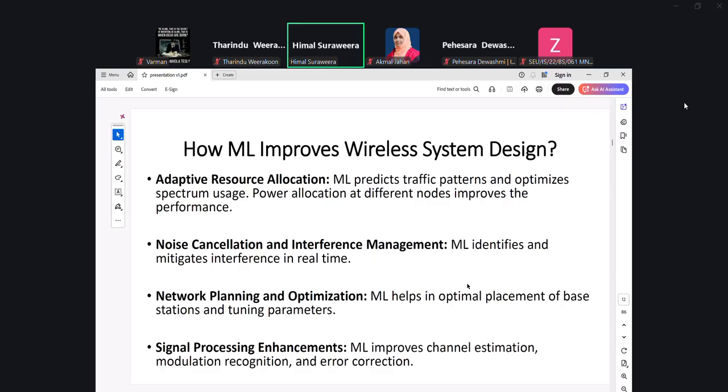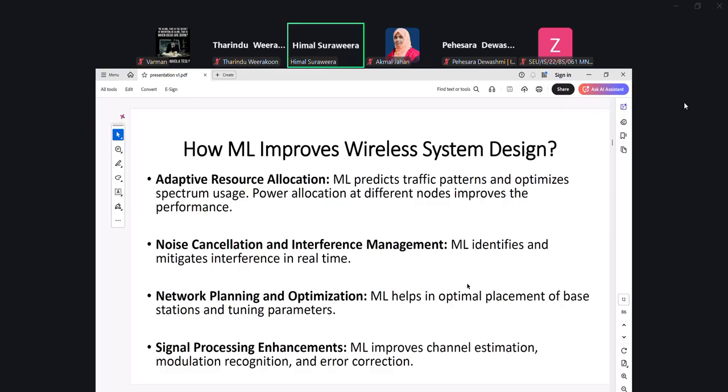So that is another way machine learning improves wireless performance. Then for network planning, what are the optimal places these base stations should be placed, as well as, as I mentioned, how to tune parameters inside base stations like power, as well as, for example, the time allocations and frequency allocations. All those kinds of parameter tuning can be performed.